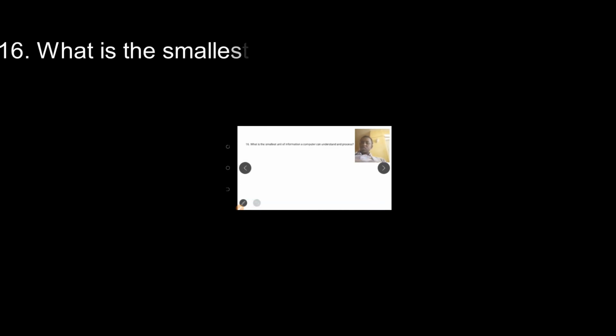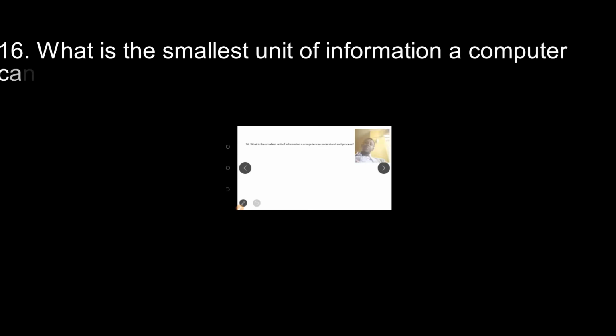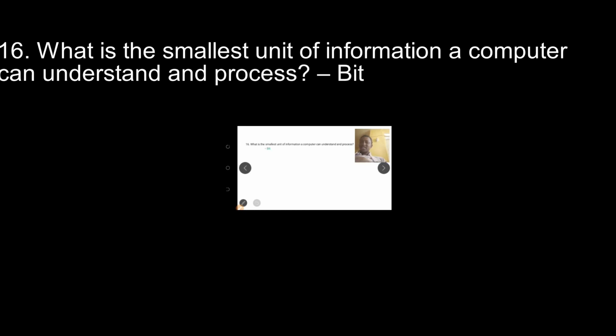What is the small unit of information a computer can understand and process? small unit ከተባለ ምንድን ነው ማለት ነው? ቢት እንላታለን ማለት ነው። ቢትስ or bit እንላታለን ማለት ነው። The next one, which is a program that makes it